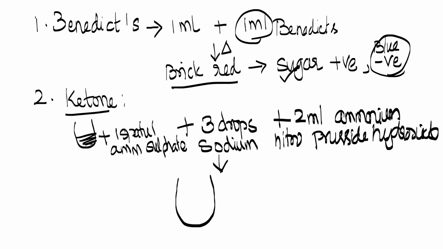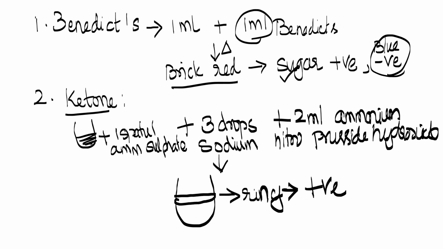At the end of the addition, slowly, you can see a permanent pink color ring will be observed. You can expect a ring in the test tube. So that shows it is a positive test for ketone. If you don't get any ring, or a yellow ring is there, that is the interpretation of negative. That means you don't have any ketone in your abnormal urine sample.